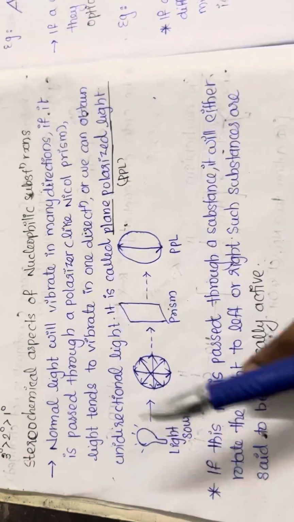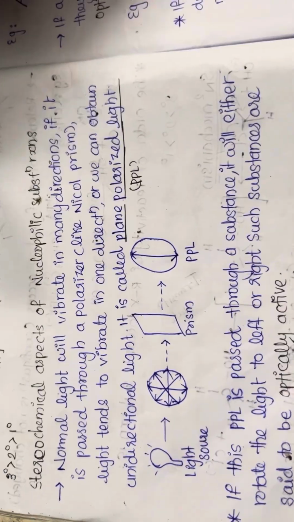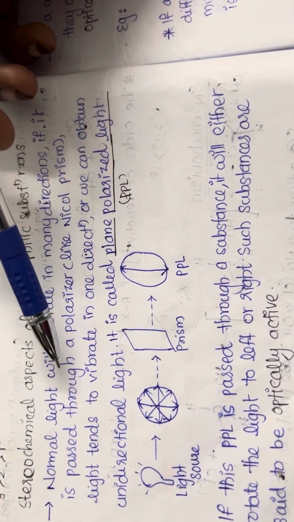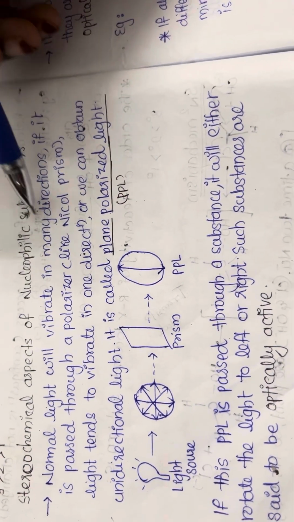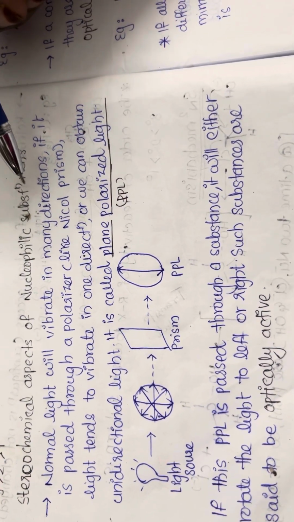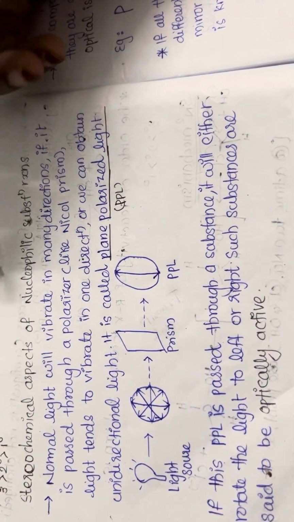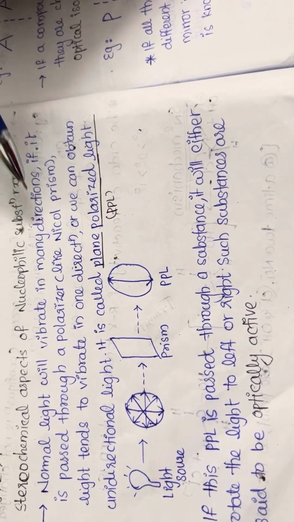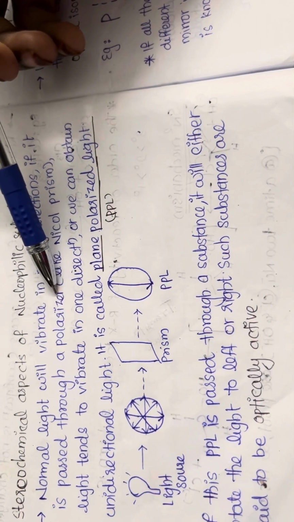The next topic is stereochemical aspects of nucleophilic substitution reaction. So we know that normal light can vibrate in many directions, or we can say it can vibrate in many planes. Now, if the normal light which can vibrate in different directions or different planes is passed through a